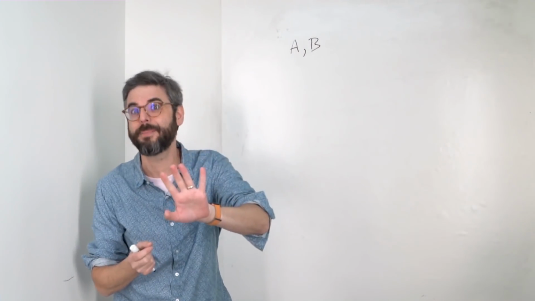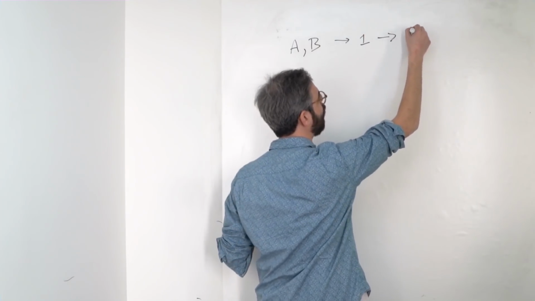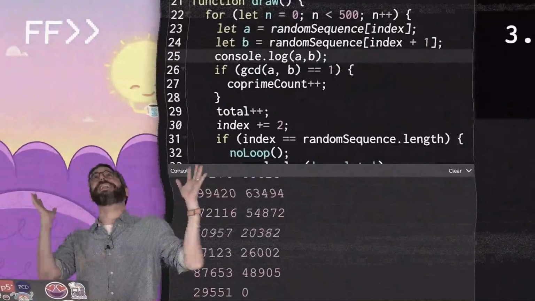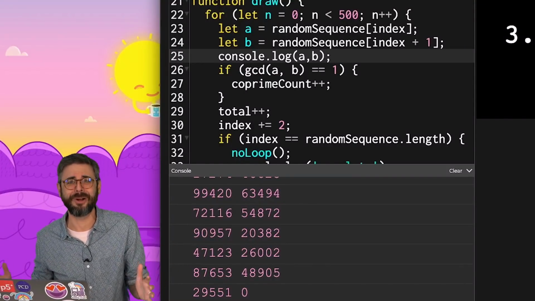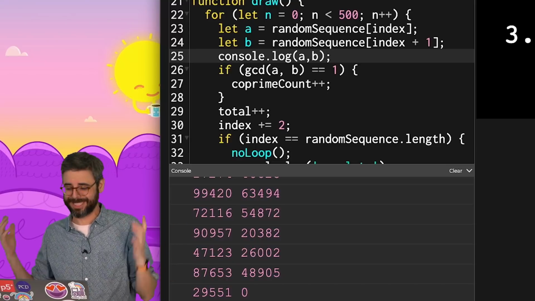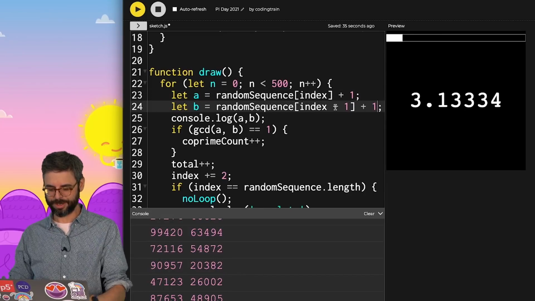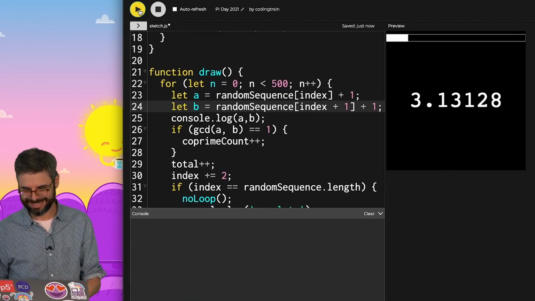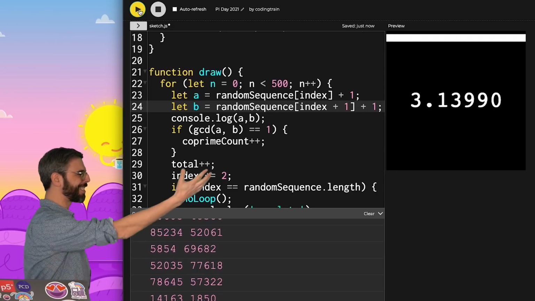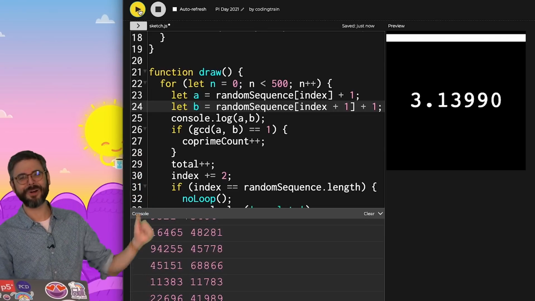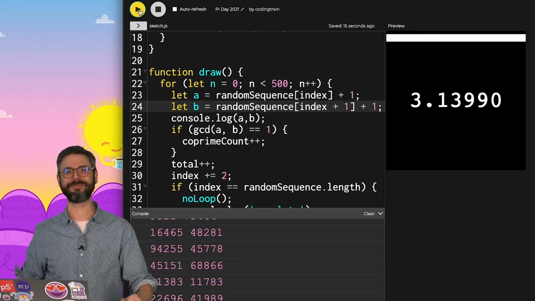I don't want to pick the number 0. You'll see why in a second. So my range will be between 1 and 100,000. The range has to be between 1 and 100,000. I can't use a 0 in this algorithm. You can't have a greatest common divisor with 0. So I can fix that by just saying +1 and +1. And now let's run it again. And there we go. Can I get a 4? Yes. Look at this. There's my estimated value of pi with all 100,000 pairs of 5-digit numbers in the 1 million random digits book.